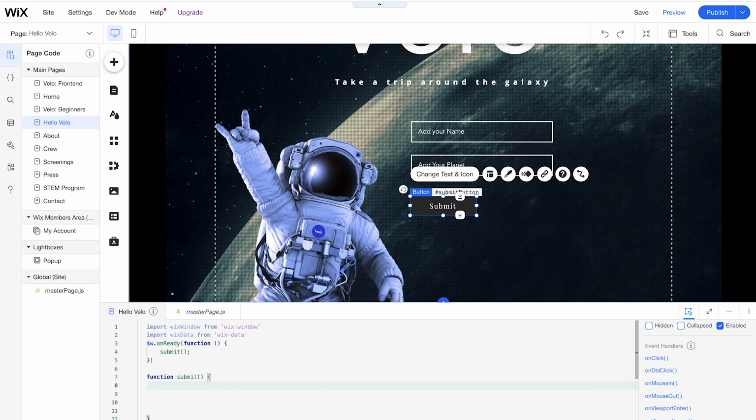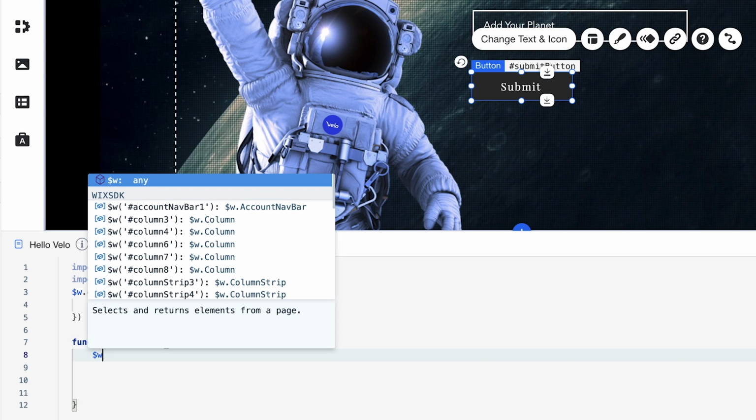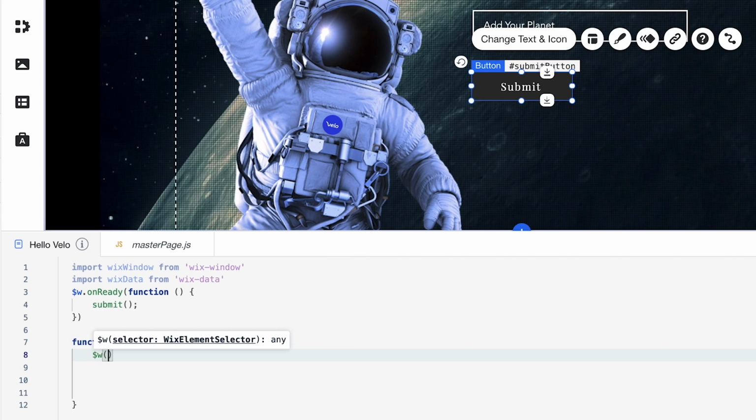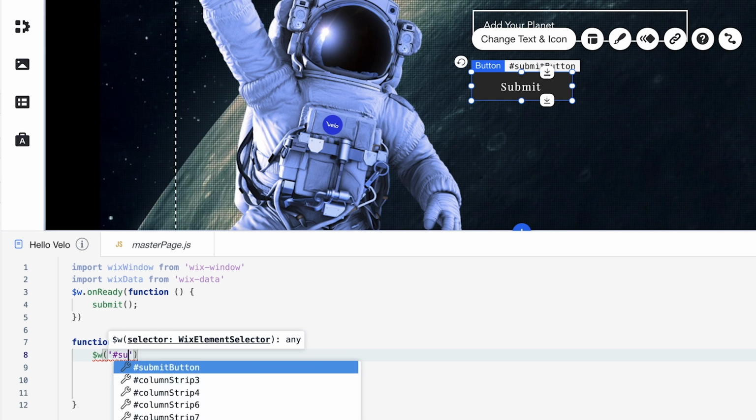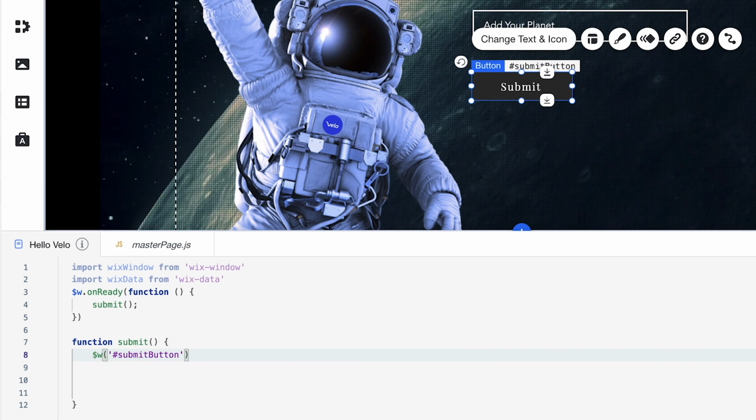So let's select using $W the submit button. So $W, and we're going to be choosing our submit button, and then an onClick function. And with this onClick function, we're also going to be looking for an object to be created.